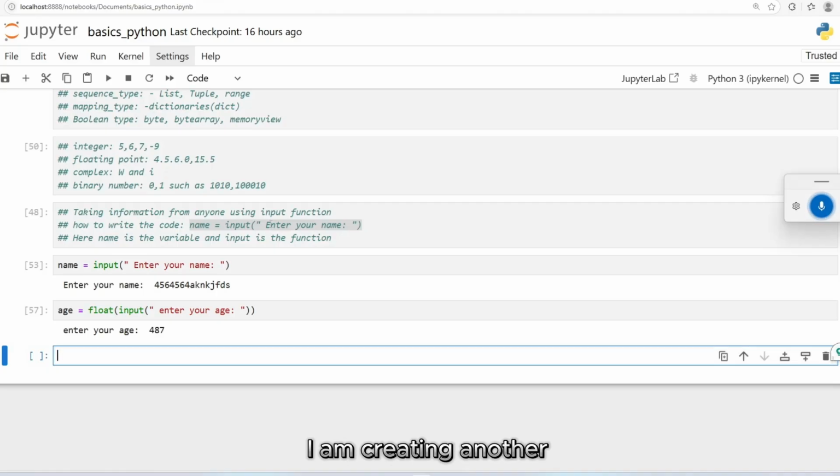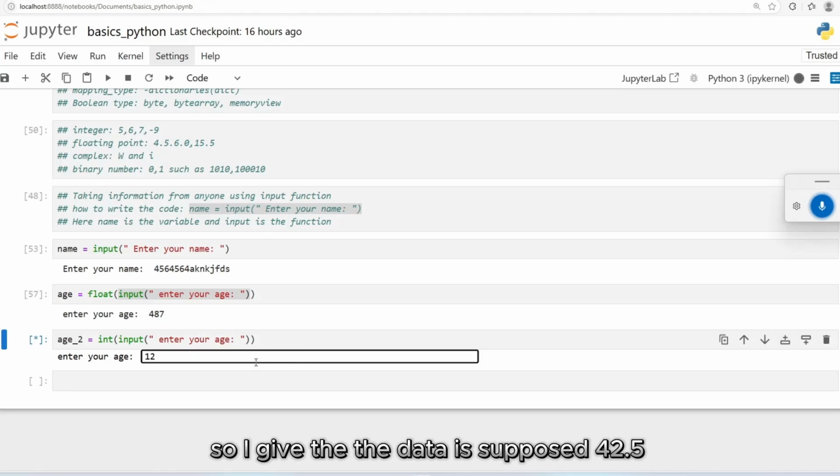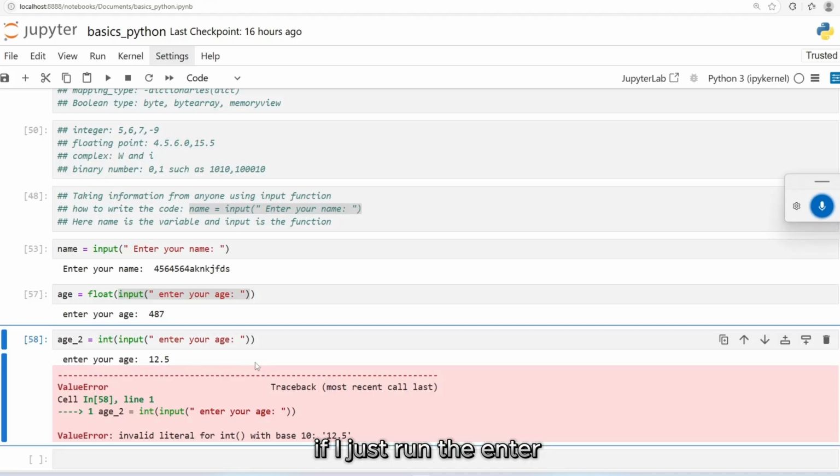I am creating another variable, suppose age2, where the data should be an integer. As we run the code, it asks for input from the user. So I give the data, suppose 42.5. If I press enter, it shows an error,